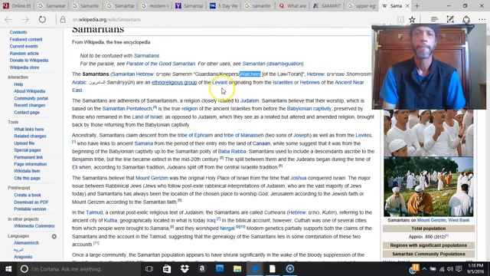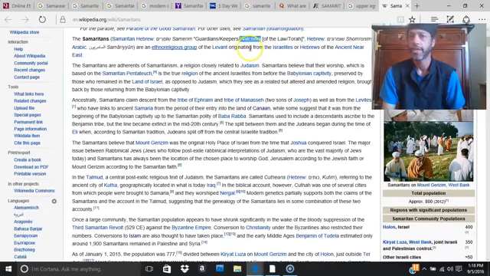So when we go back here, we don't need that on there anymore. All right, so it says, of the Levant, originating from the Israelites or Hebrews. See, originating from, you'd think that their blood group, their ethno-religious group, come from Hebrews, right? Because this is what it says. That's a bold-faced lie. They're Canaanites of the ancient Near East. Samaritans are here to Samaritanism. See, I don't even want to tell you about their people. I just want to tell you about their beliefs.